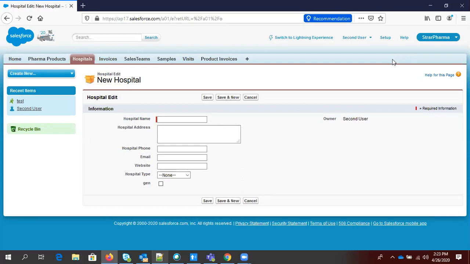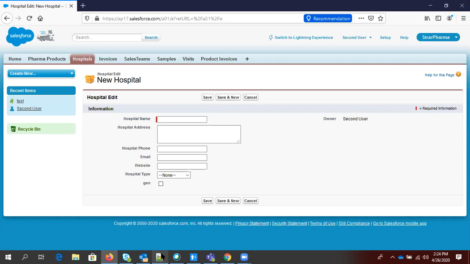But in the lead object, there is no data security available, so everybody can see everybody's record. Sales rep A can see sales rep B's record, and sales rep B can see sales rep A's record. Then they can give some extra offers to the other person's customers and take the business of the other user, just to complete their target. This can happen, so we have to put some data security so that both can only see their own records. This kind of thing we can implement.